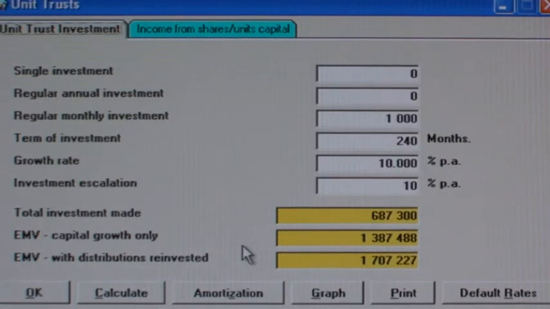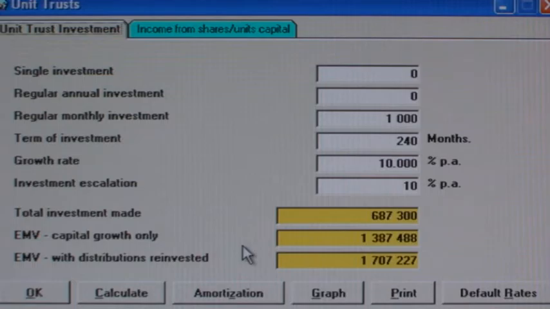You can see the calculator has worked out the total contributions made, the maturity capital growth only, plus with distributions reinvested. We have an estimated maturity value of 1.707 million, and the proposal is that after 20 years we stop paying premiums, we leave the sum in the fund, and now start drawing monthly income instead. Although we started off contributing 1,000 Rand a month, after 20 years of escalating at 10% per annum, our last contributions would have been